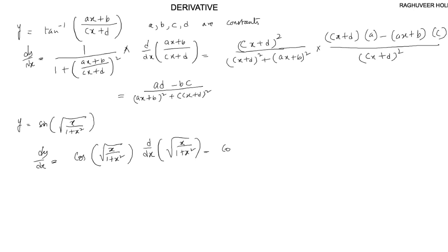Now this is equal to cos of square root of x by (1 + x square), okay, and multiplied 1 by 2 root (x by (1 + x square)), right? And d by dx of x by (1 + x square), right? Okay, and now further this will be equal to